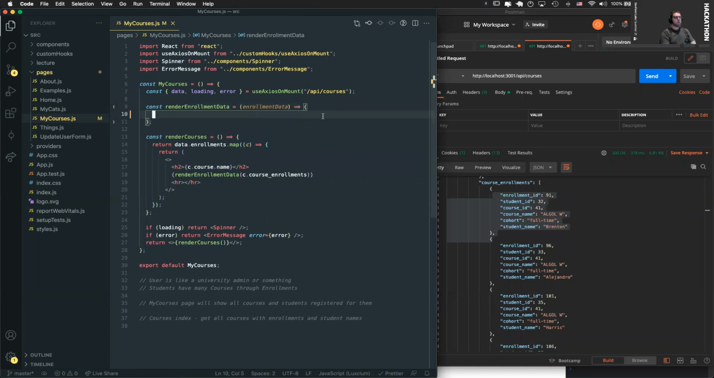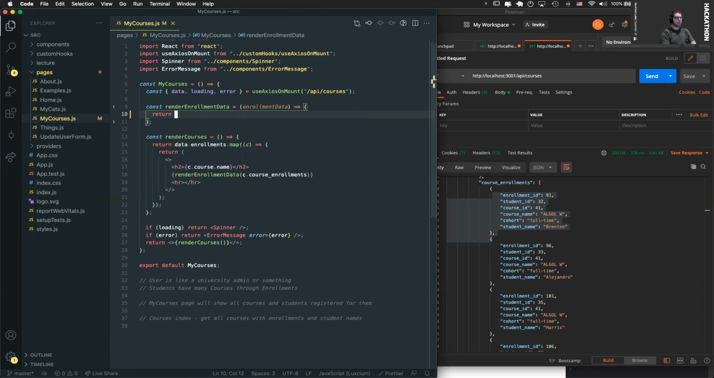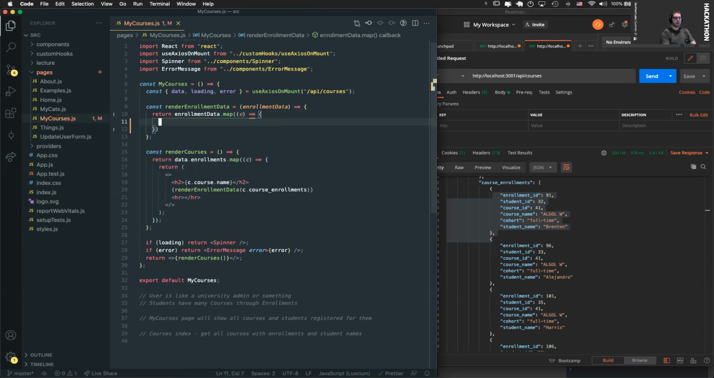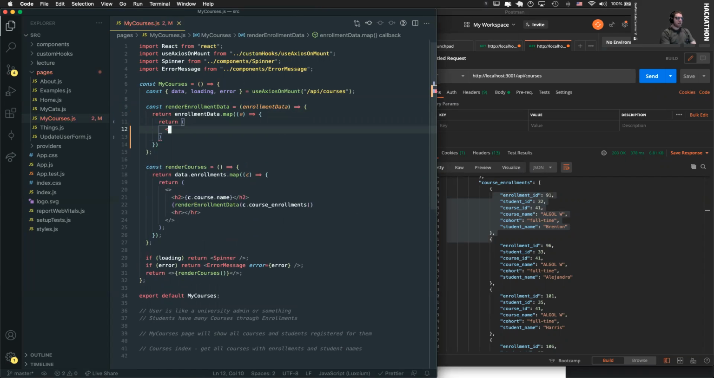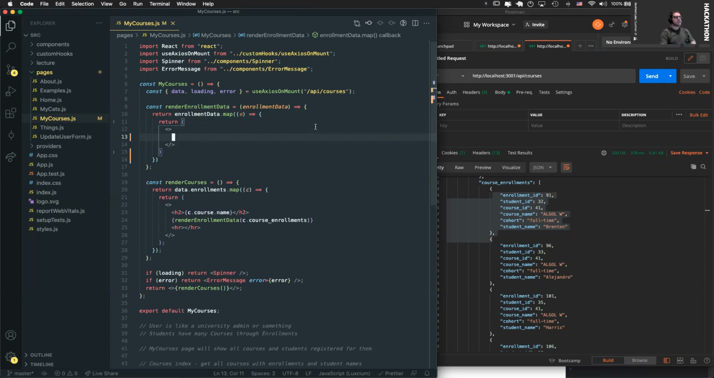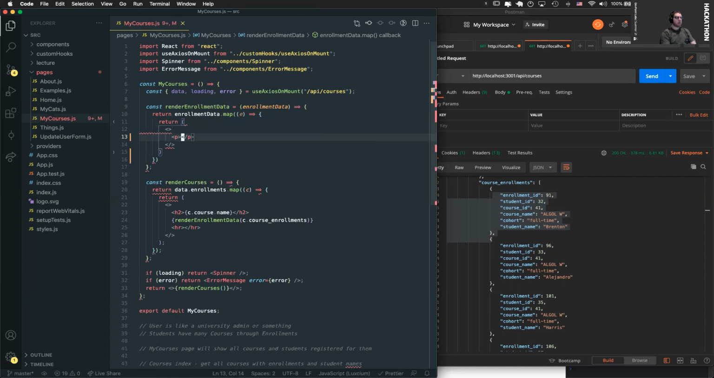So now what we want to do is map over that enrollment data. So we can say return enrollment data.map, and I'm going to call this E, for enrollment or something, one instance of enrollment data. And I'm going to return some JSX. So set up some fragments here. Then inside of here, we just want to show the student name. So we'll do P and we'll do